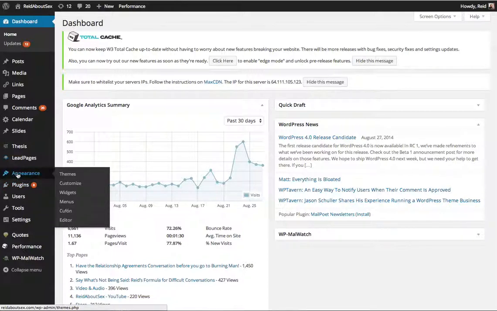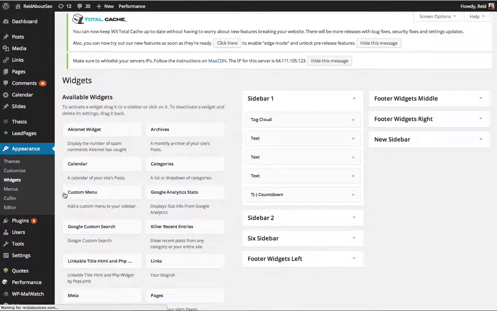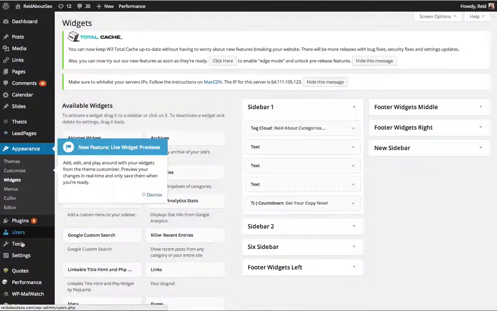Plugins, not plugins, appearance, widgets. So we go into widgets, or it's in tools maybe. But in widgets, we're going to look for, and there's a new feature apparently, thank you,